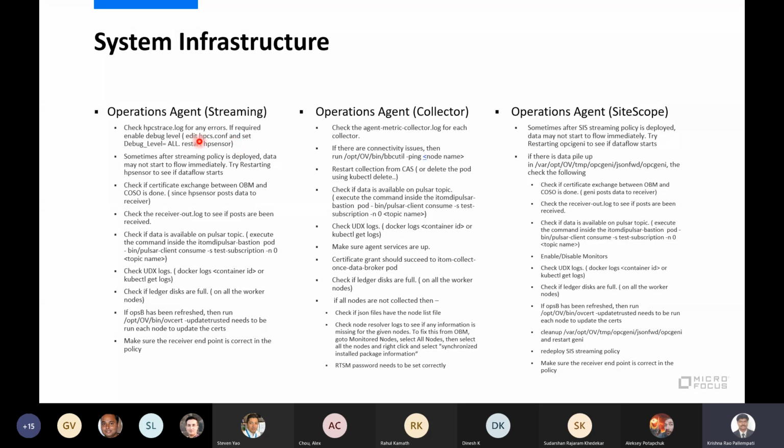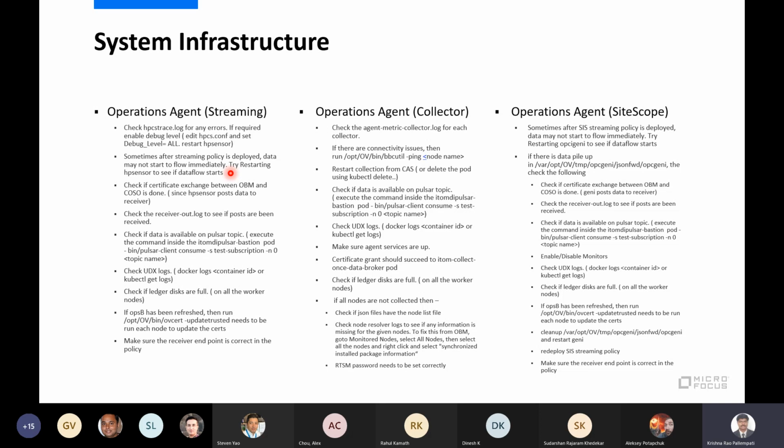We'll get more details here. Sometimes the streaming policy which we have deployed is also a problem, or OBM is not receiving, or the streaming policy is not properly deployed. The exact streaming policy is not deployed. By default, OBM contains the streaming policy, but if a new streaming policy is there, we need to look into whether anything is published or not.